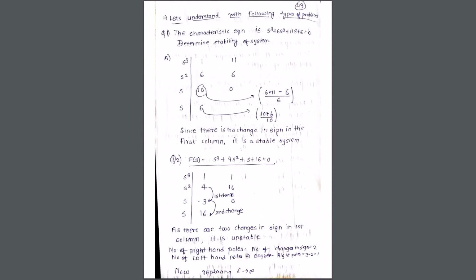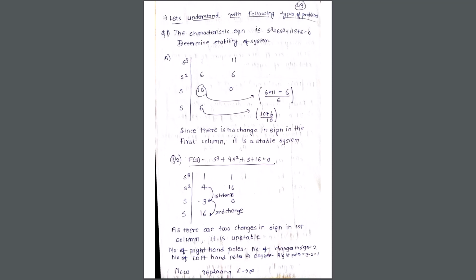The next step is, if there is any particular term missing, add a coefficient as 0 to it. If there's any term missing over here, you have to add 0. But there's no term missing because we have s3, we have s2, we have s1, we have s0. So there's no term missing. So directly we can create the table out of it. How do we create the table?